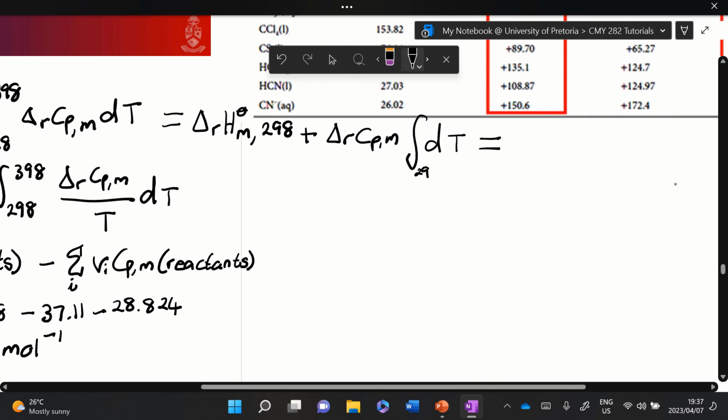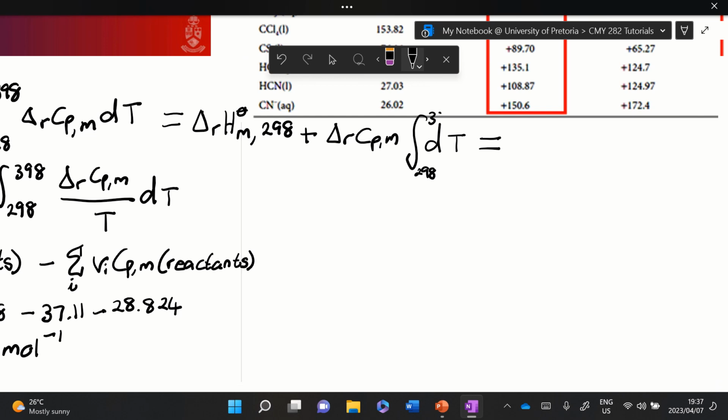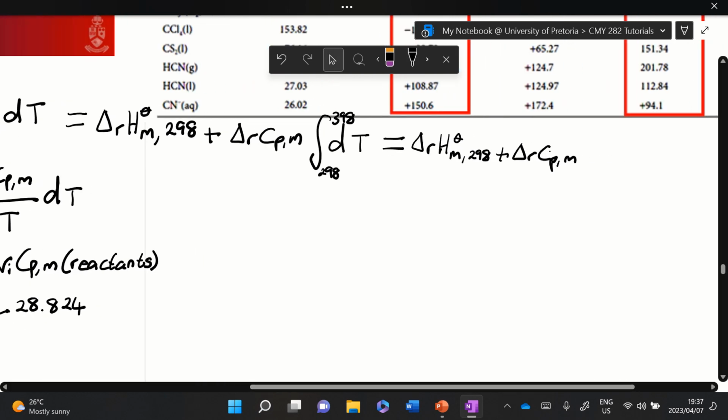Let me write it out. In other words, we have ΔᵣHm at 298 plus ΔᵣCpm ΔT. This is the equation,